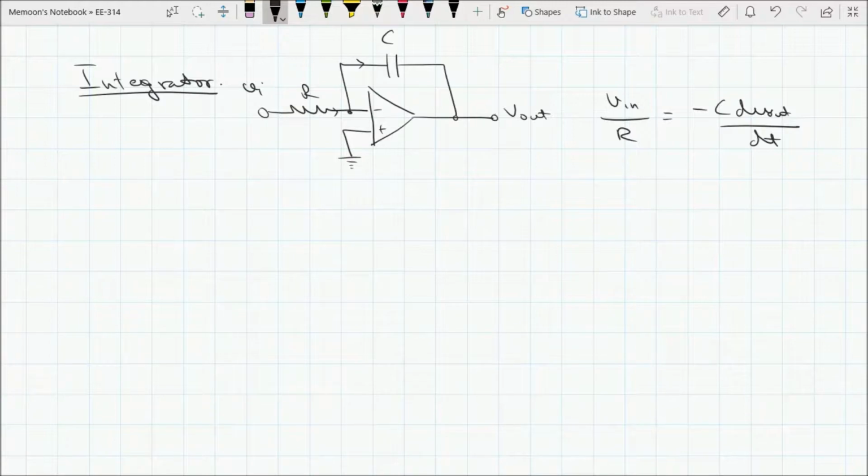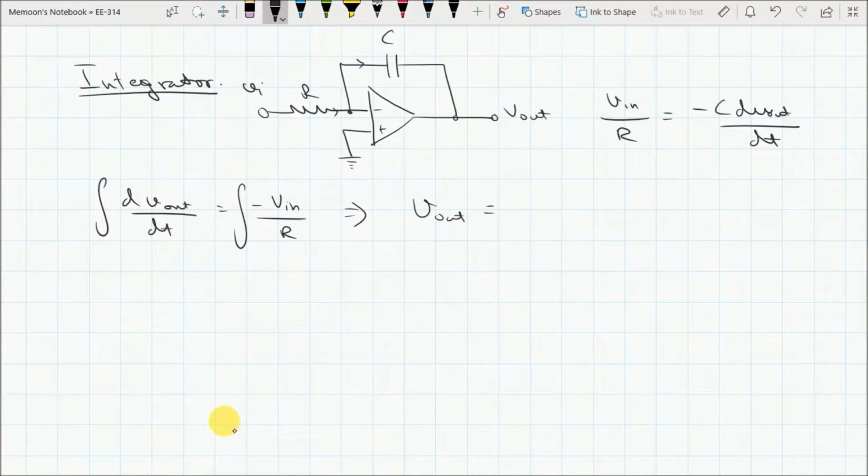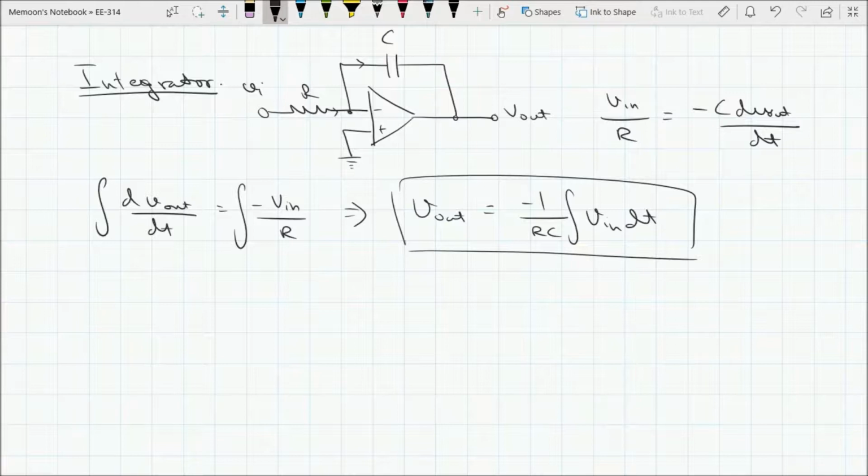If we integrate these two, the integration of dV out over dt is equal to the integral of negative V in over R, and this gives our V out to be equal to negative 1 over RC times the integral of V in dt. This means that our input is being integrated at the output with a time constant of RC,